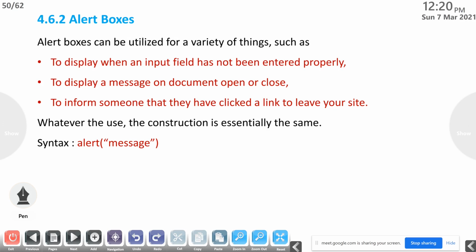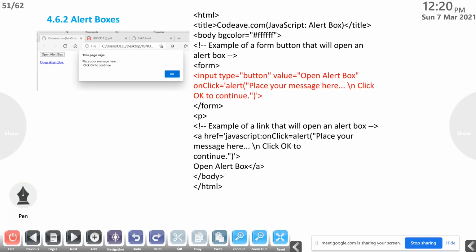The construction is essentially the same. Syntax is alert, and what message we want to convey should be given in the message part. This is the function alert. This is one example: input type equal to button, value equal to open alert box.